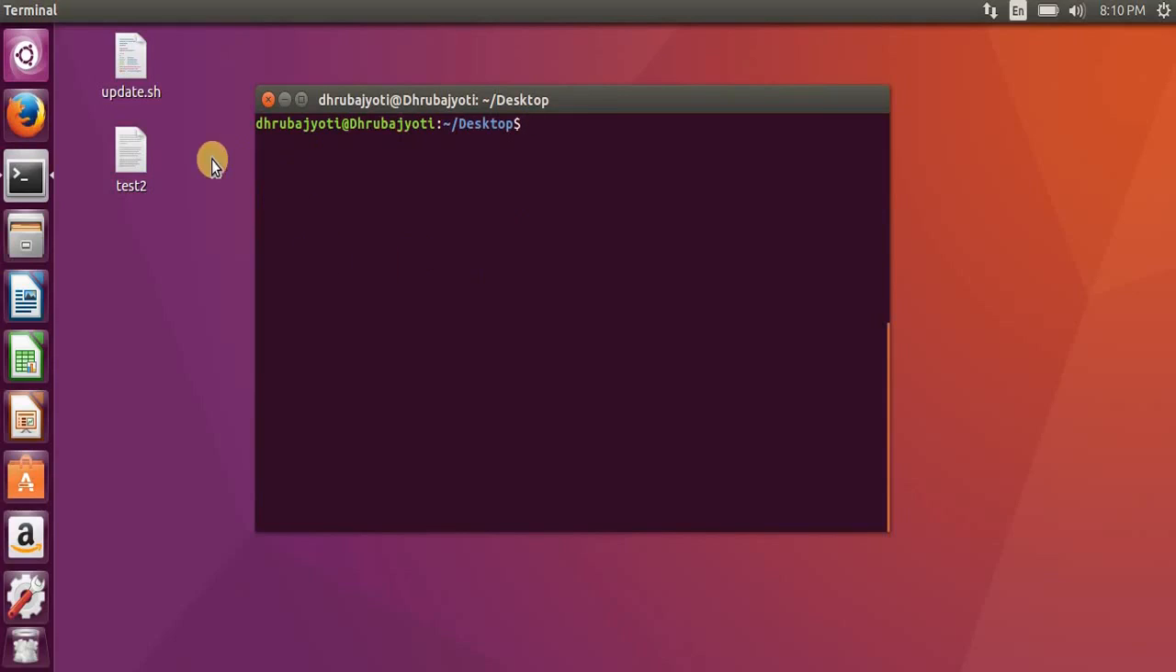Now let's suppose you want to transfer this file from the desktop to the downloads directory. You can either do that by the GUI method, that is, you can right click on this file, copy it and paste it, or cut it and paste it over there. Now how can you do the same using the terminal? For that, type in here mv space test2 space /home/dhruvajyoti/downloads